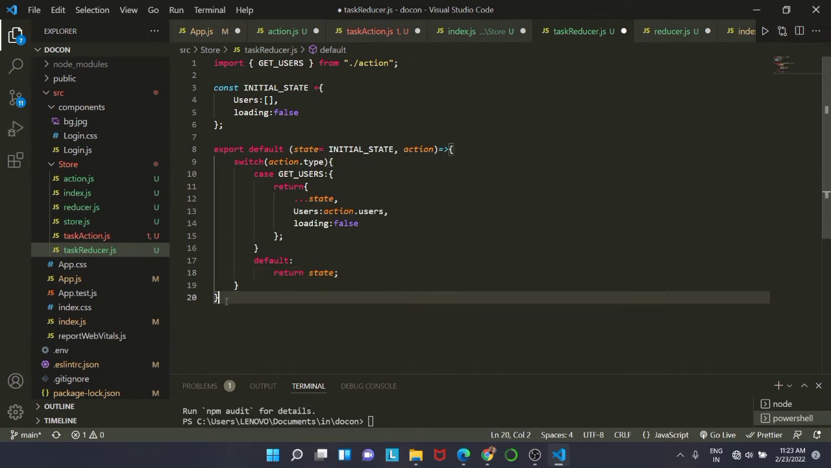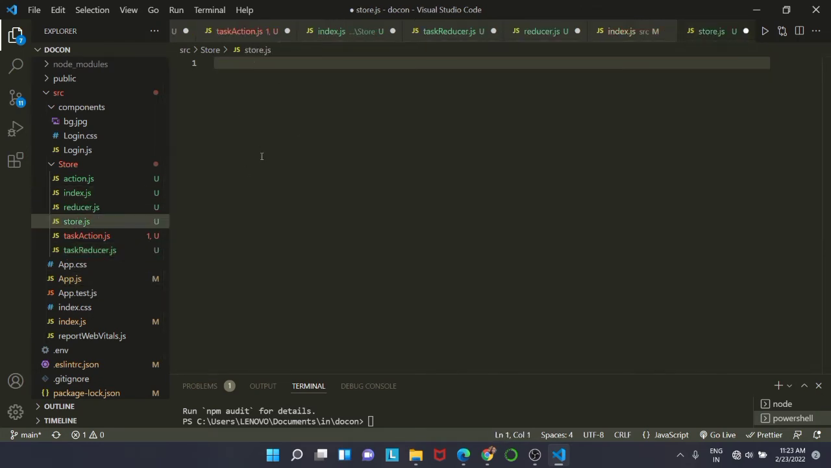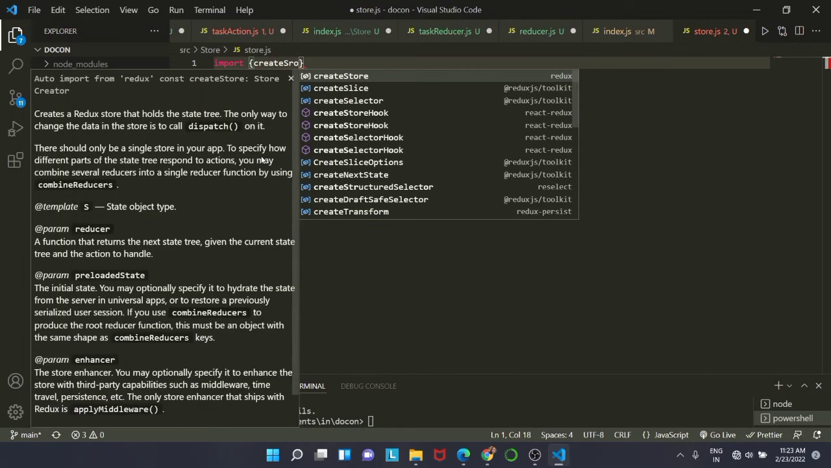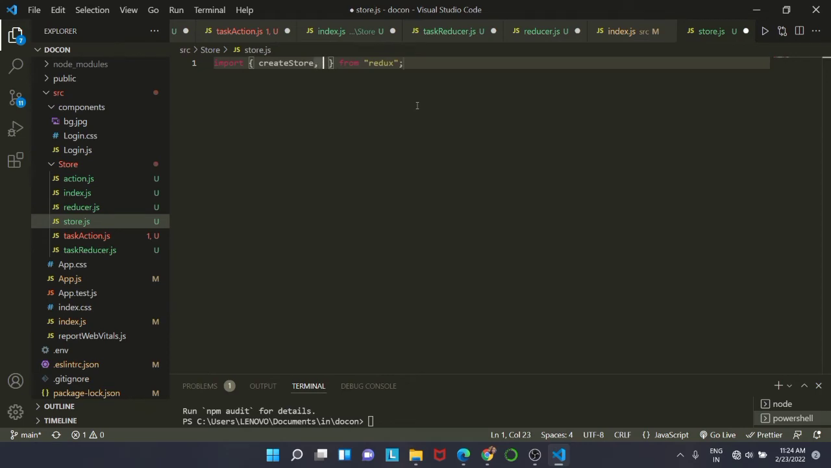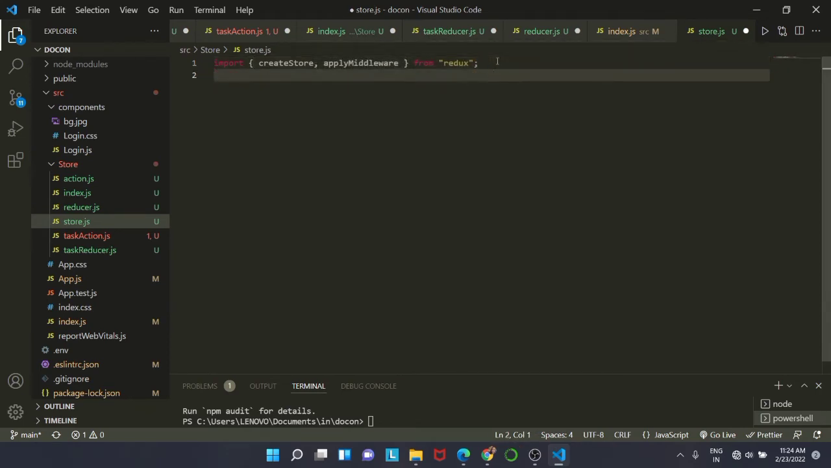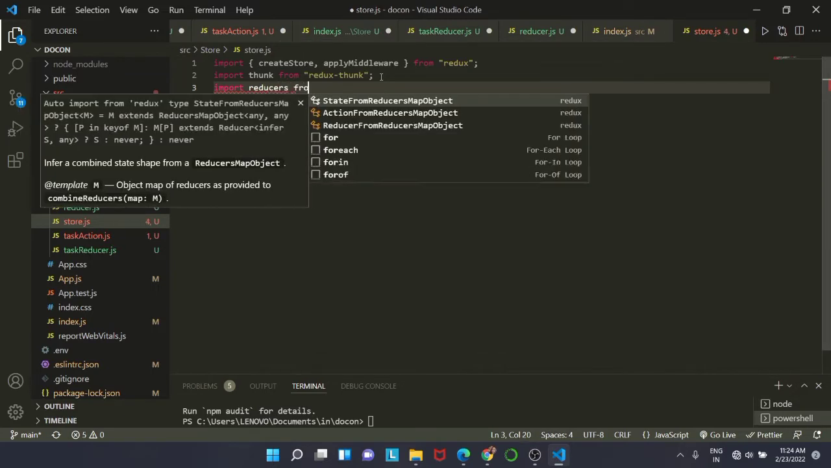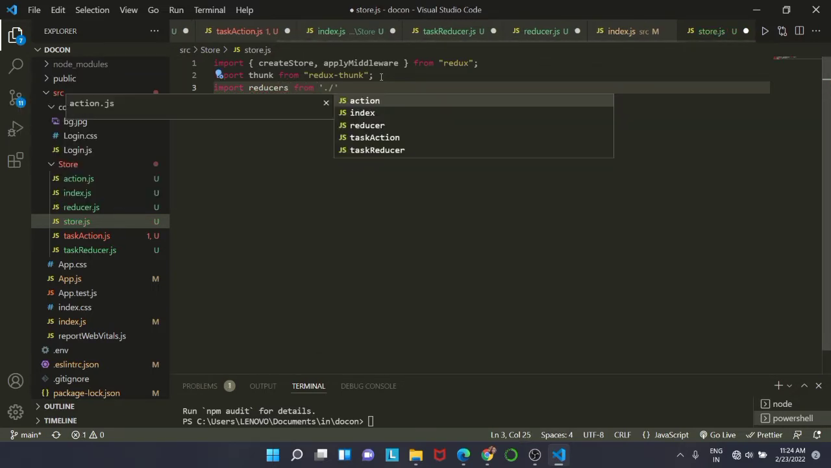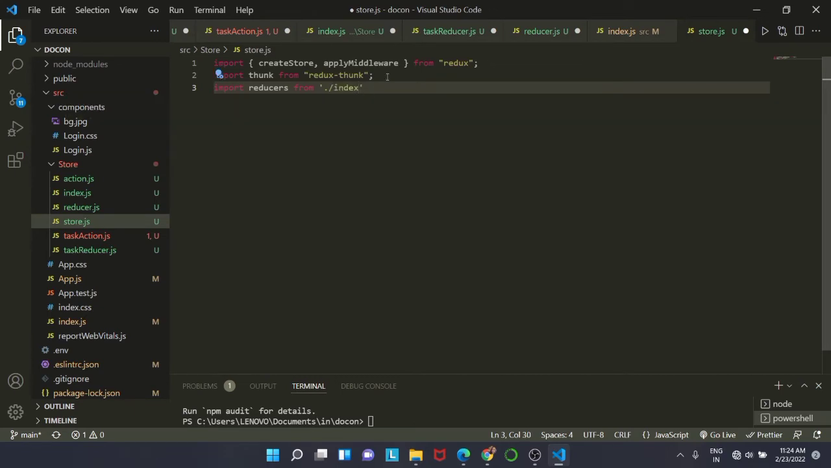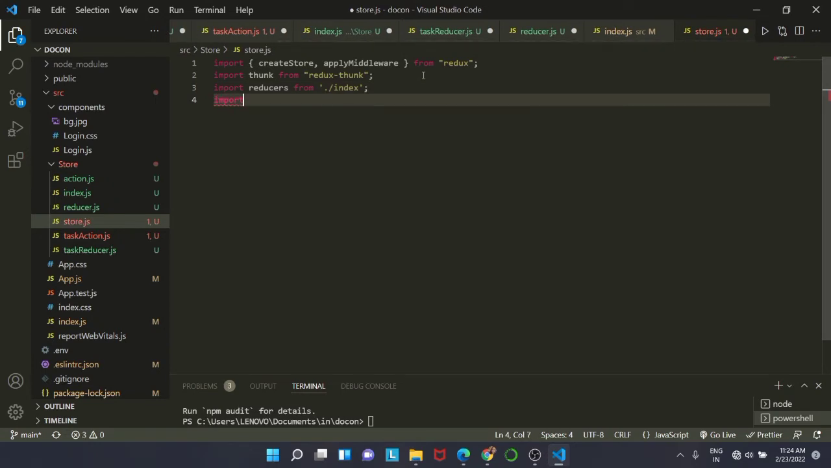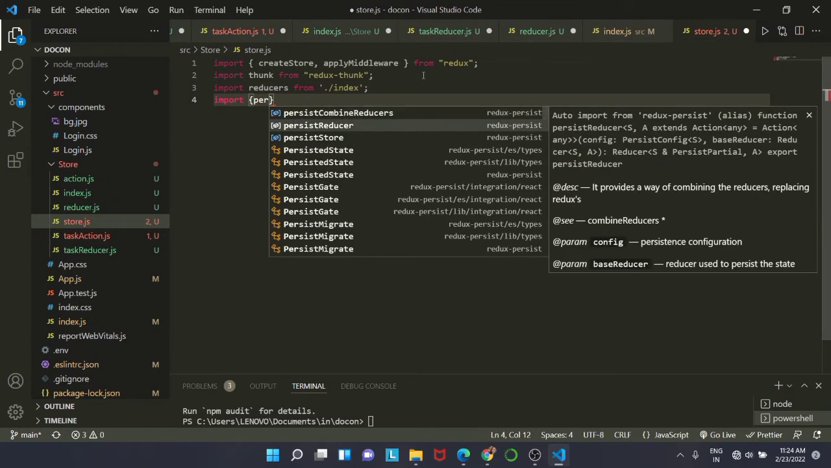Next we will set up our store.js inside the store folder. So inside store.js we are going to import createStore from Redux, and next we are also going to import applyMiddleware. Then we are going to import thunk from redux-thunk. We installed this package in the last video. Lastly we are going to import reducers from index.js which is present inside the store folder. We will also import